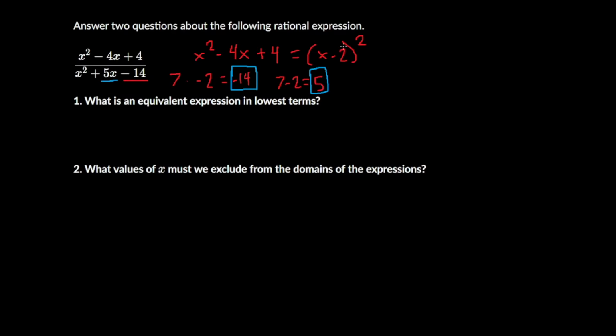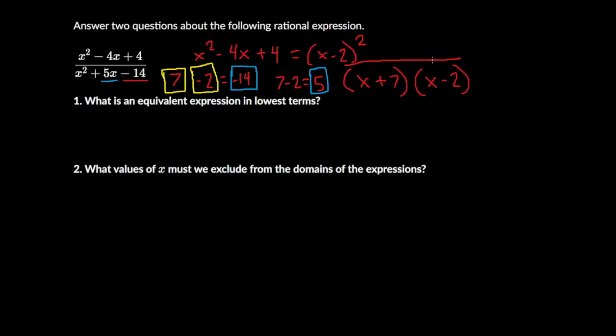So let's write it in the form we wrote it over here. We're going to do x minus 2, whoops, plus 7. My bad, I was concentrating on the wrong thing. Because what are we looking at? We're looking at this and this. These are the two numbers we came to a conclusion about: 7 and negative 2. x plus 7 and x minus 2. And look what we get. I know it's a little bit lopsided, but if you can visualize it, we have x minus 2 squared over